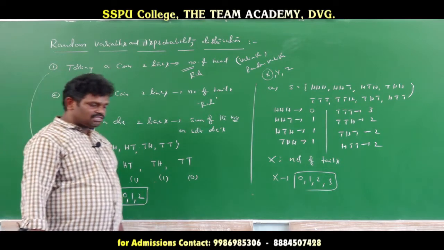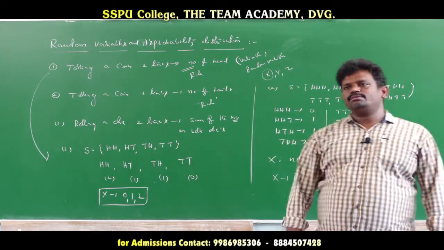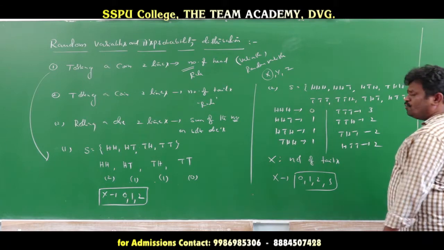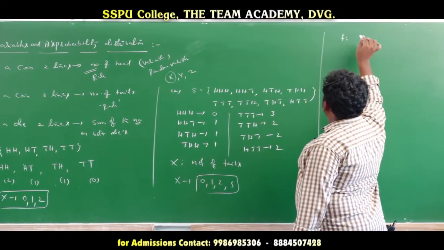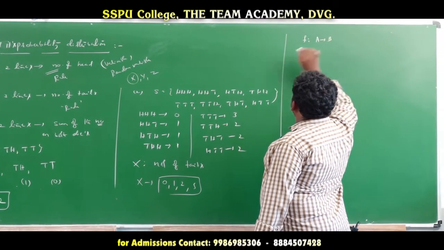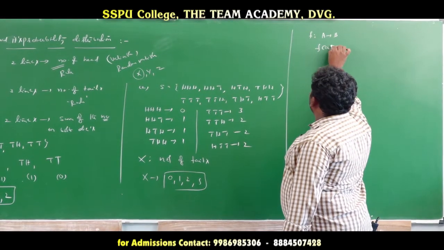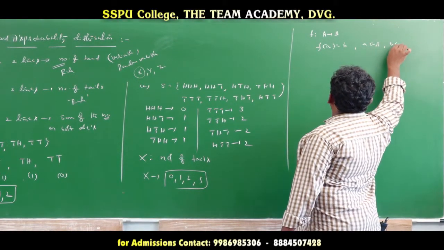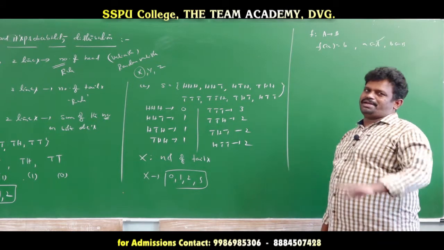So this is the random variable explanation, but he also gave another one with respect to functions. Generally we already know functions. How to define any one function? Suppose f is defined from A to B, a function from set A to set B, then generally f of a is equal to b. Here a belongs to capital A, b belongs to capital B. A means the domain, and B means the codomain.